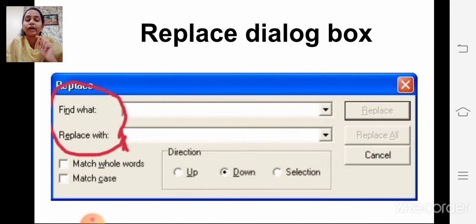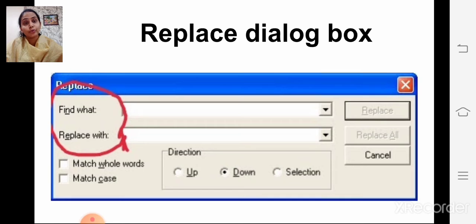And in the Replace with box, you write the new text you want to change it with. Okay, children, and then you will click on the Find Next and Replace button.